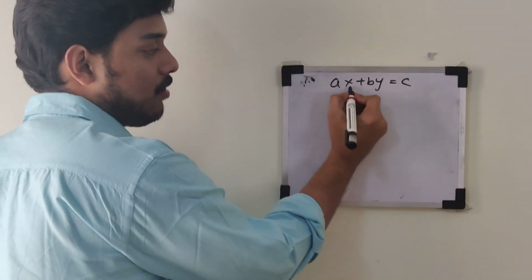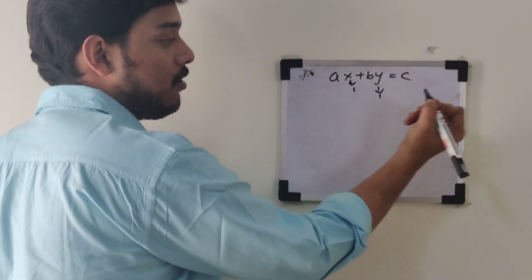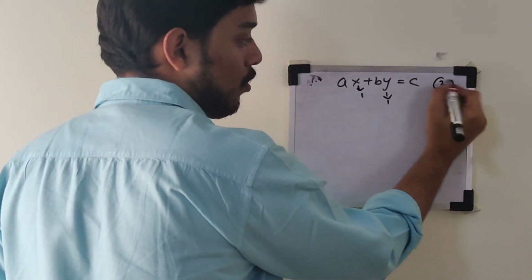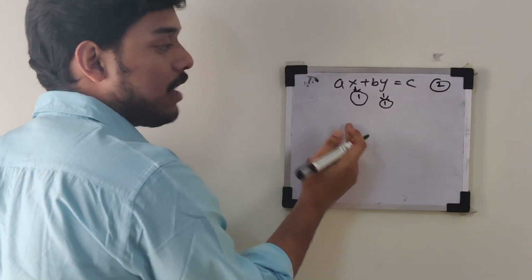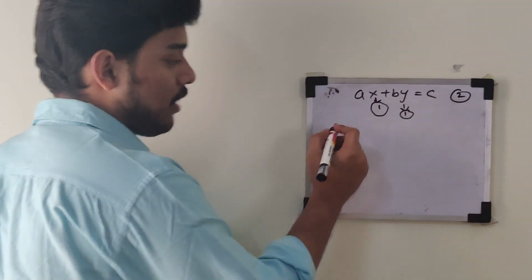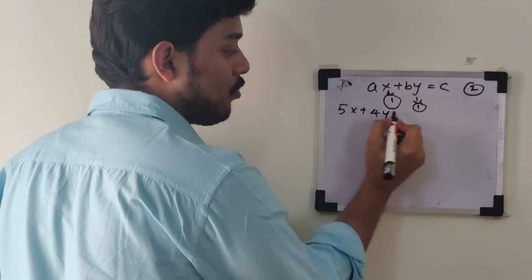How we can say this is a linear equation: the power of x is 1, the power of y is 1. In case of a quadratic equation, the power of x is 2. So if the highest degree of an equation is 1, then it is called a linear equation. Let's consider one example, like 5x plus 4y is equals to 55,